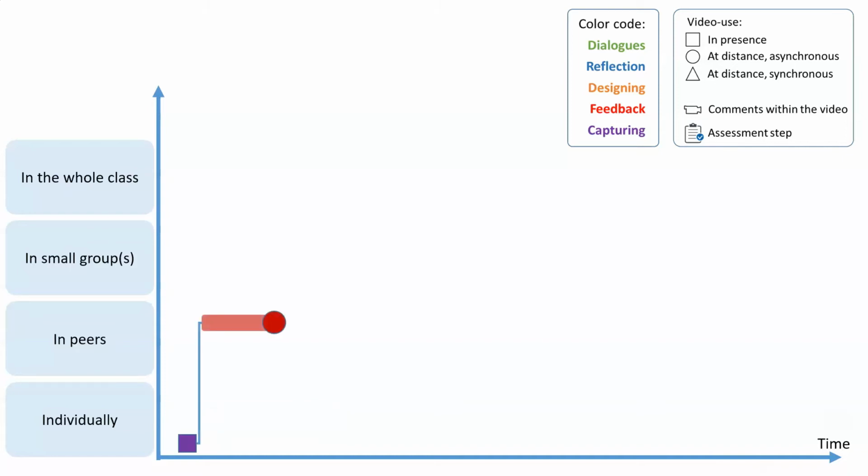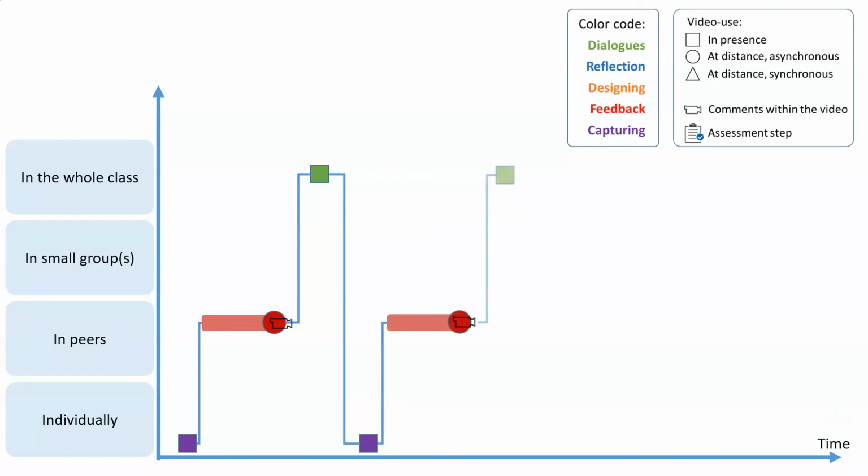Then this was shared in peers in online sessions promoting video annotation, meaning that comments were written within the video using an annotation tool, by the peers first, in couples, and then there was a dialogue in the whole class, starting from some exemplary videos chosen by the teacher educators. And this was replicated at least 3 times.